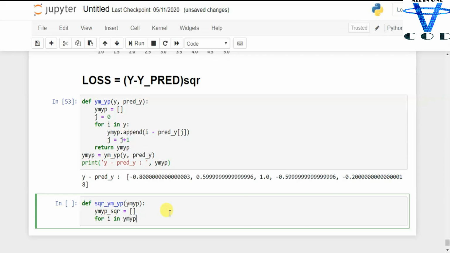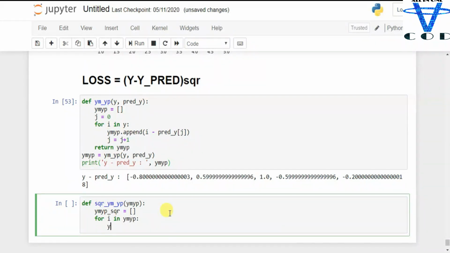I'm gonna pass np.square, then I'm gonna pass this i, which is my ym_yp, then simply just return the ym_yp_square.